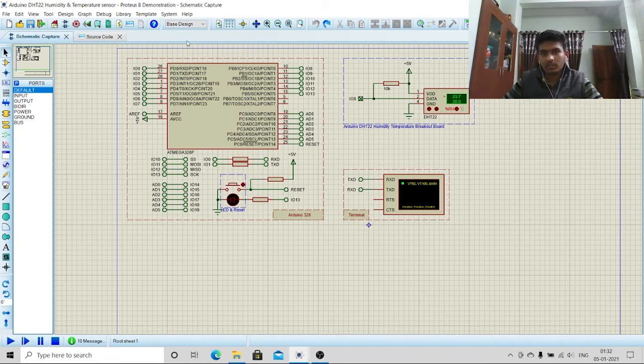and temperature sensor. This is a sensor which measures the temperature and humidity, and accordingly it produces a signal which can be read using an Arduino to produce some variation, some signals, by glowing LEDs, and we can also read it in the virtual monitor. This I will show you.